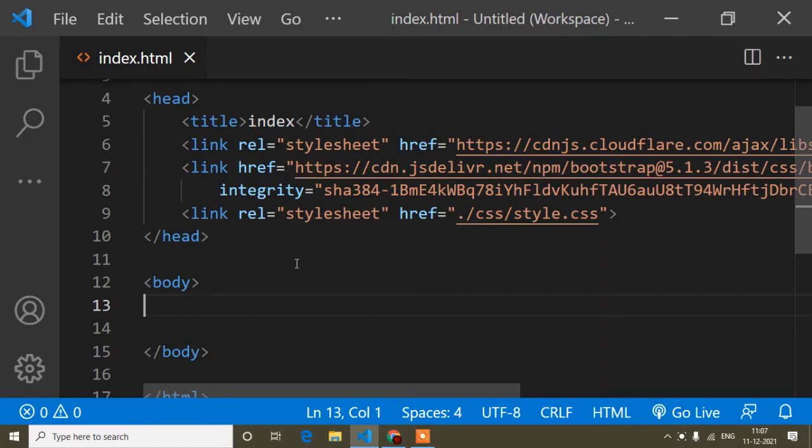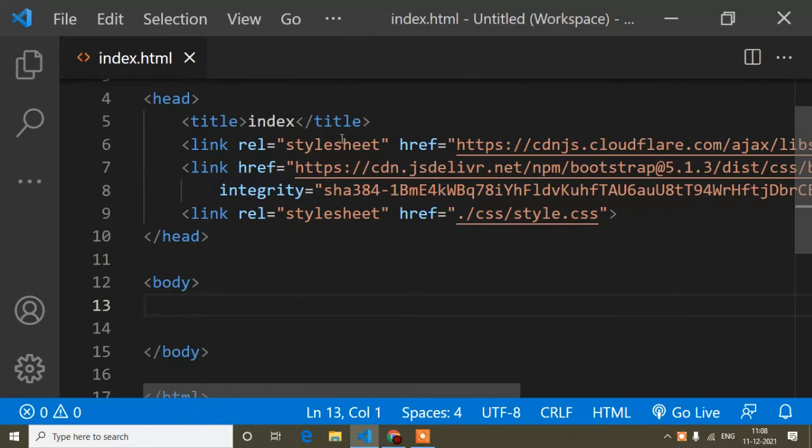Hello guys, welcome to my video. Today in this JavaScript tutorial, I will show you how to filter data based on an array. Guys, we always filter data based on a value, but suppose you have to filter data based on another array. How can you do that? That I will show you in this video, and this will be a very important thing.